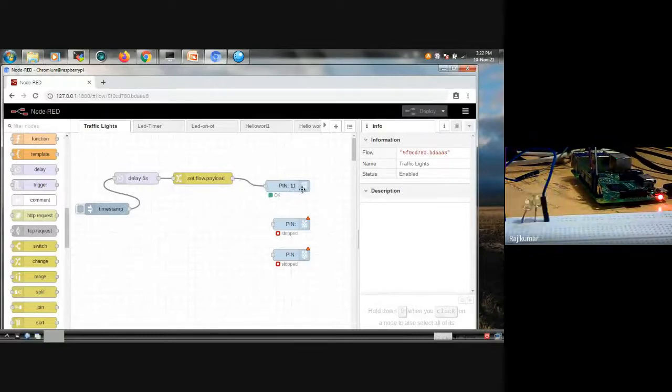Here, pin 11, mother pin, and some other pin, 3 pins will be there. These act as LED pins. One will be red, another orange, another green. Like that, we can use 3 LEDs and perform a traffic light signal simulation using this kind of application.